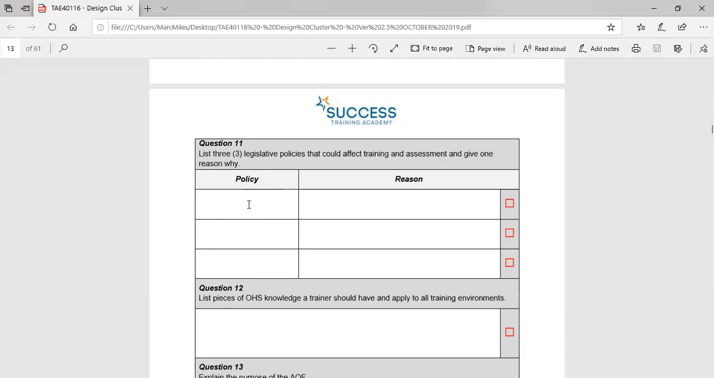You may have a complaints policy. You may have a WHS safety policy. You may have lots of different policies for credit transfer or RPL, or confidentiality and privacy. You may also find policies on administration. So what I recommend that you do, as I said, is go to an RTO's webpage and start